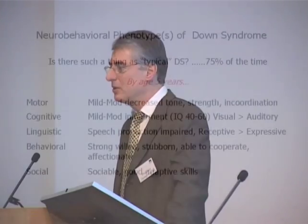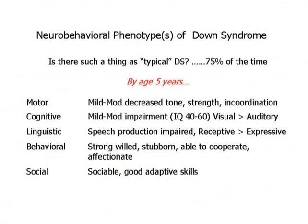Brain development occurs very rapidly in the first 3 to 5 years of life. And so while the child is still a product of its environment and its biology, there's a lot that you can say at age 5 or 6 that you can't say at age 2 or 3. So I think if you look at children by the age of 5, I would say that about 75% of the kids seem to fall into this notion of typical. And the way it's defined here as